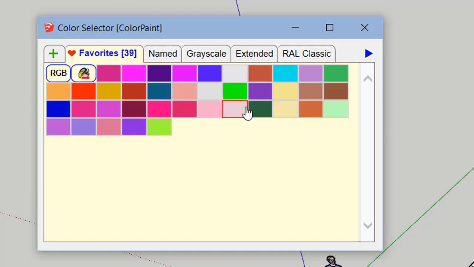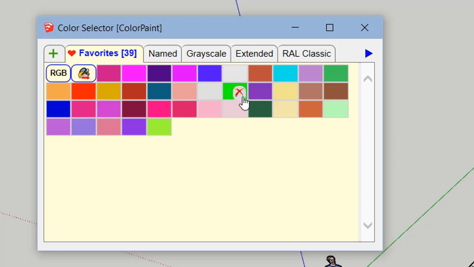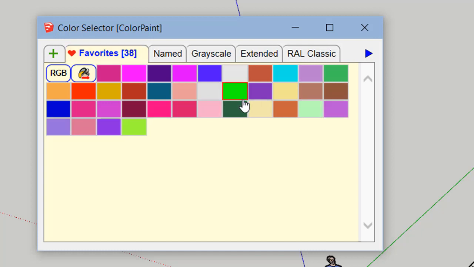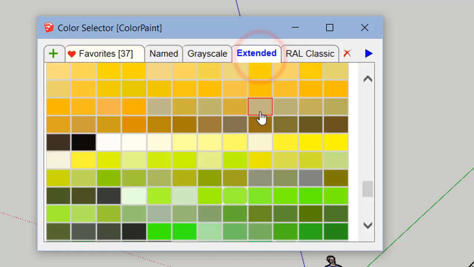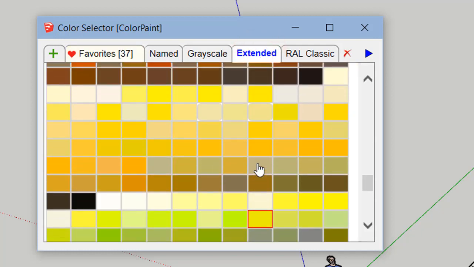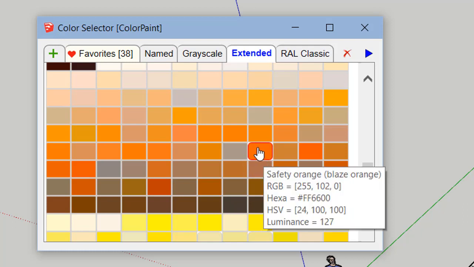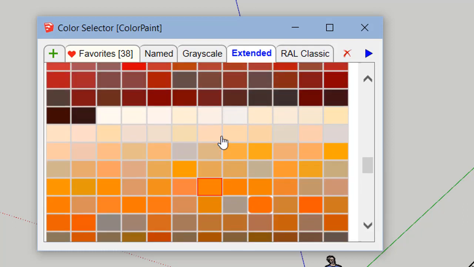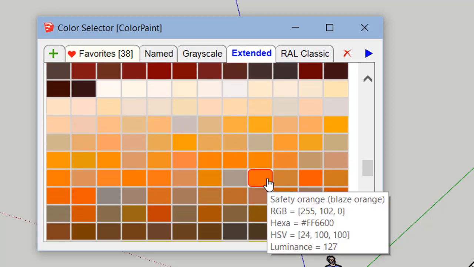Likewise, if you are in the favorite tab and you want to remove a color, just slightly drag and release until you see the cross. Okay, so you can configure the favorite tab easily. Just notice that whenever a color is in the favorite, the thumbnail for it is slightly rounded. And if of course you try to put it again, you get a beep.